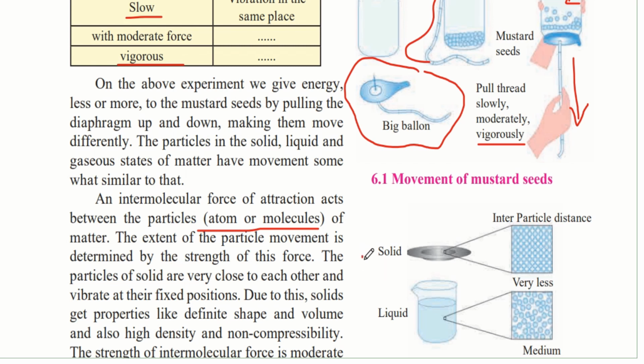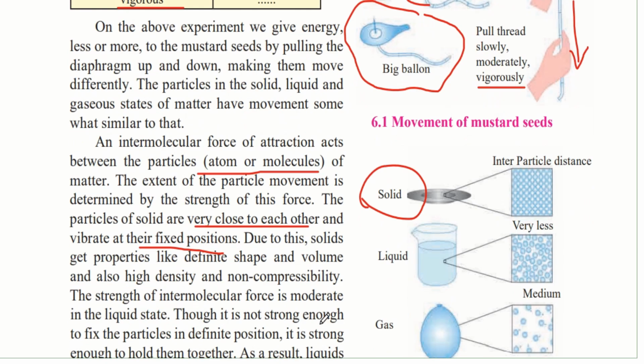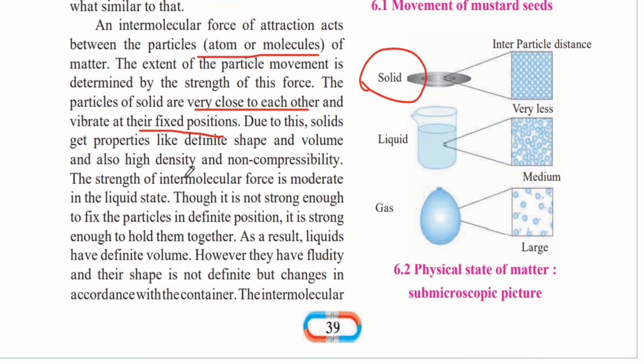So for example, let us take this substance as a solid. Within a solid, all the particles are very tightly packed. Therefore, it appears solid. And because they are tightly packed, there is very little room for them to move, and therefore the particles cannot move easily. Therefore, the movement is less. The particles of solids are very close to each other and vibrate at their fixed positions only. Due to this, solids get properties like definite shape and volume, and are also of high density and